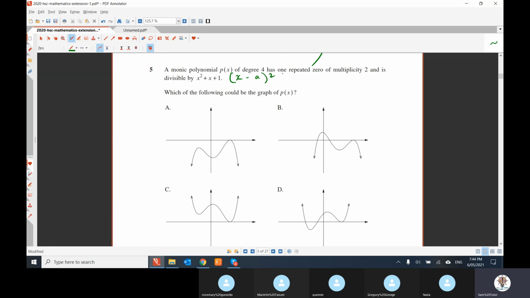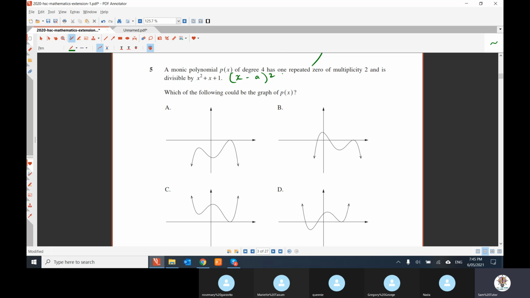How do you know if it's positive or negative? I don't know. Let me think. The leading coefficient is going to be greater than 0, so therefore the delta of that must be less than 0, which means it only has one repeated root. Correct. And therefore my answer would have been either, tossing up between that and that. Good. Okay. So a monic polynomial of degree 4 has one repeated zero of multiplicity 2 and is divisible by